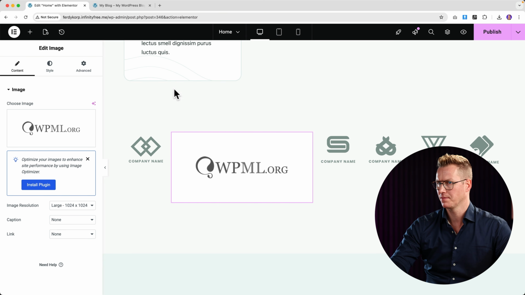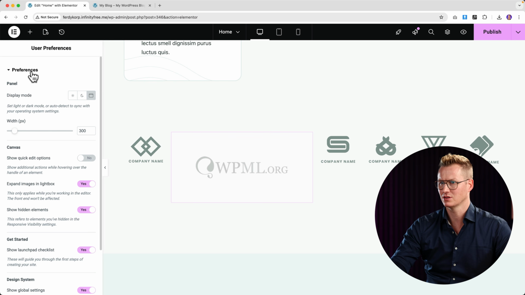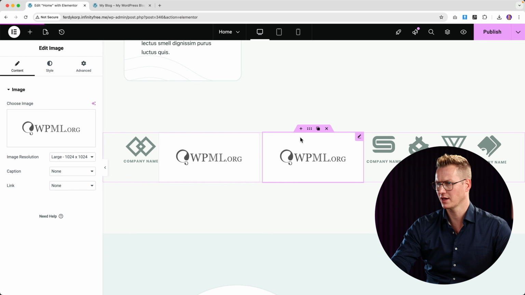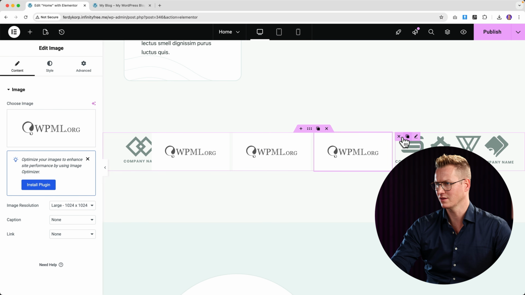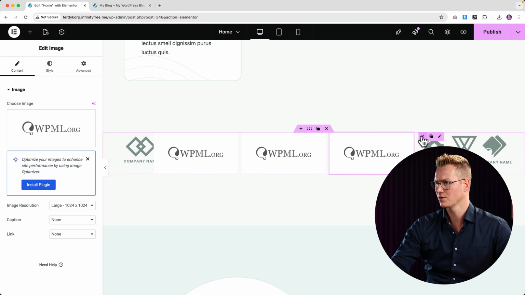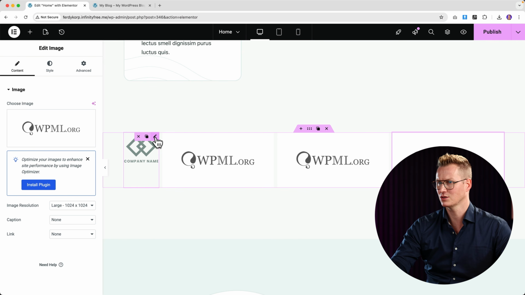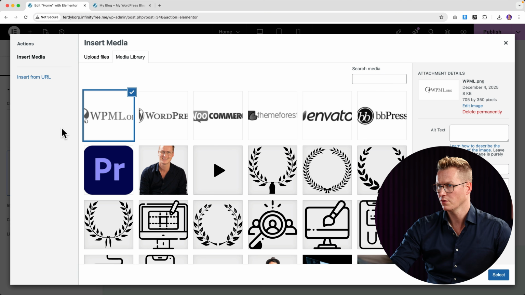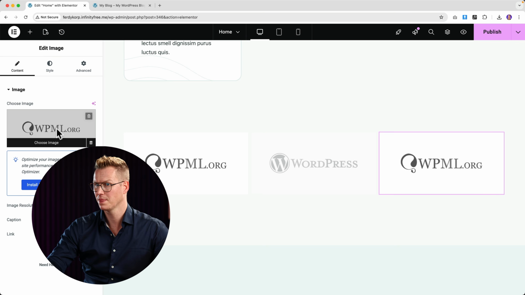Then I can go over here. I can go to the user preferences, show quick edit options. I turn it on. Now over here, I can duplicate it. I can duplicate it. Over here, I can hover over it and remove it, remove it, remove it, and remove it, just like this one. Second one, I choose, for instance, this one, select. The third one,